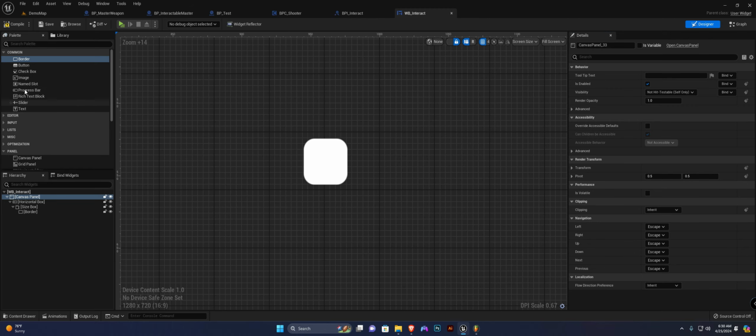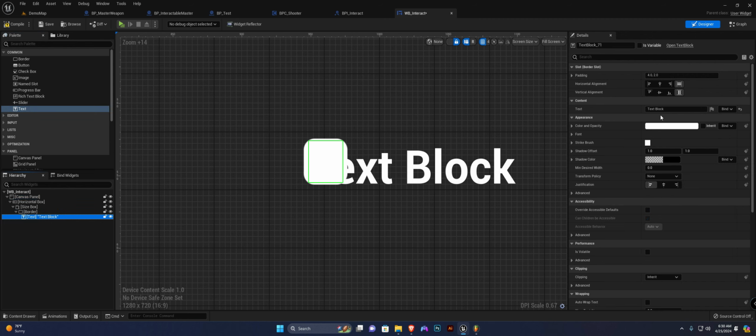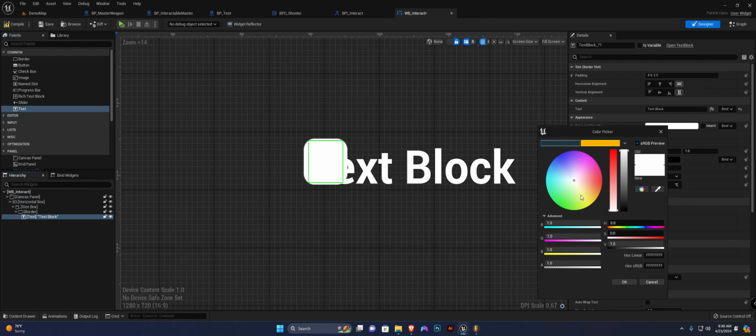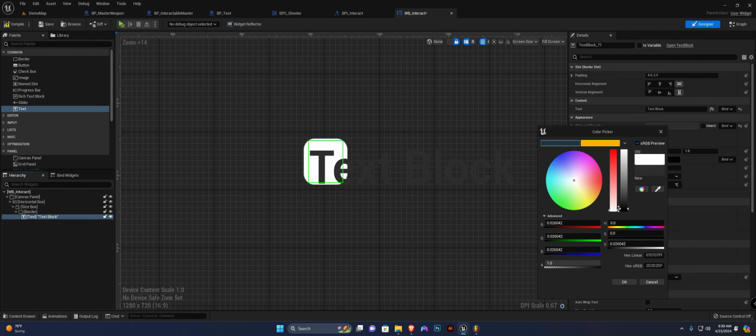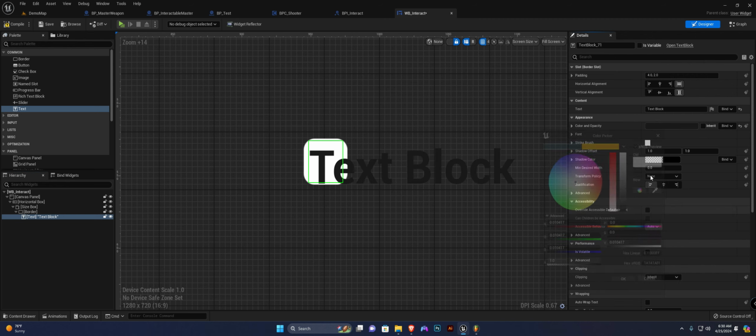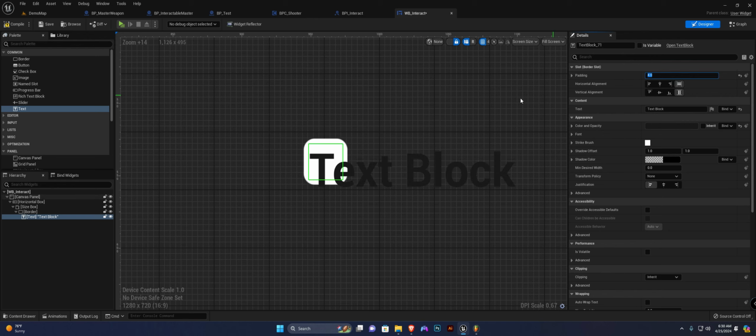Now I'm going to add a text to our border. Select our text, and I'm going to change the color to something darker. I'm going to choose a dark gray. I'm going to set the padding to be 4 on all sides. I'm going to change the text to be E. I'm going to set this to be center,